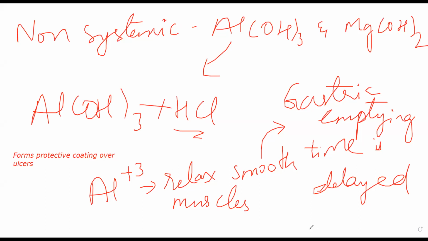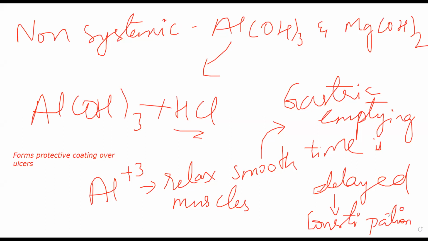The advantage here is that it will not let duodenal ulcer occur as aggressively. Now you already know if excessive amount of acid is present, it will flow down into the duodenum and cause duodenal ulcers. Here your aluminum ions are relaxing smooth muscles and they are decreasing gastric emptying time. But this decrease in gastric emptying time, think about it. If peristalsis slows down, that patient will have constipation. This way can also lead to constipation. That is one problem with aluminum hydroxide.